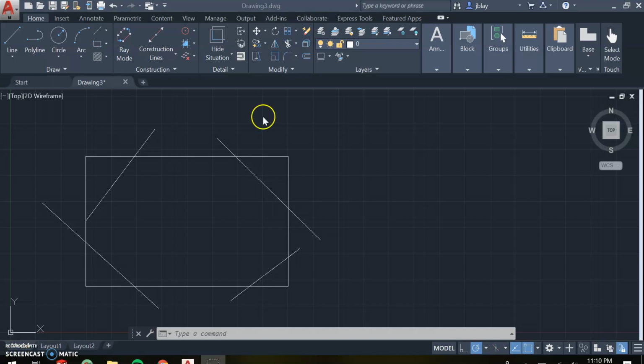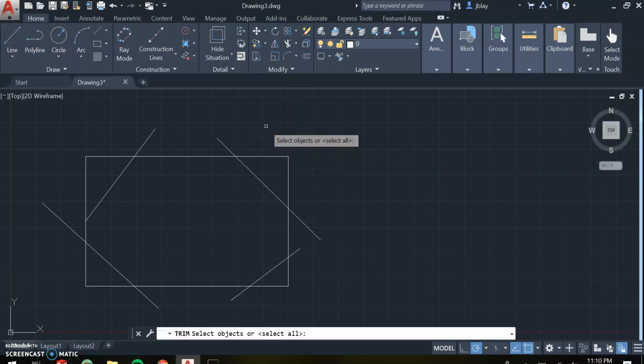Okay, in this video, we're going to go through how to use the trim command. Before I type in the trim command, I'm actually going to find it in the ribbon. If you hover over the trim command, it's not going to work for me here because I'm screencasting, which is really weird. But if you hover over it, it'll give you a preview of what the trim command is and how it works, and I recommend you do that. Okay, so I'm going to select the trim command,